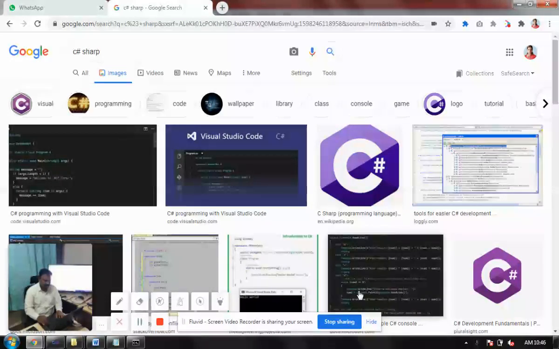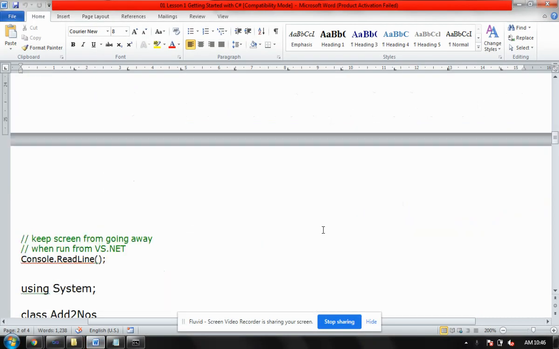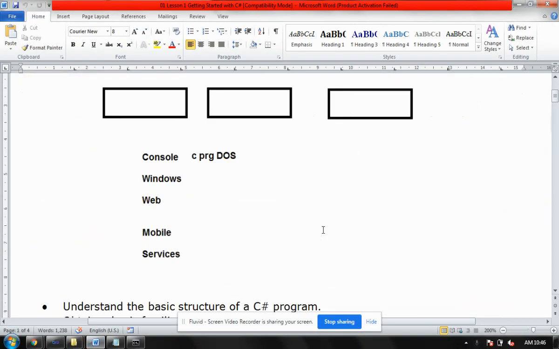Okay, today's topic is that we are going to understand how .NET programs are run. .NET runs its programs in the following ways. You can run your .NET program on console, on Windows, on web, or on mobile. I think mobile will be quite difficult to explain because I don't have that kind of software here. But we have the Windows operating system and we are going for services. Nowadays, there is a huge demand in the market for C Sharp with Windows or web and its services.